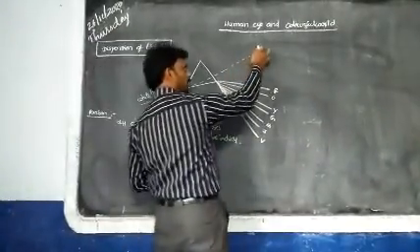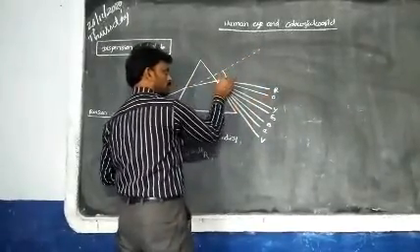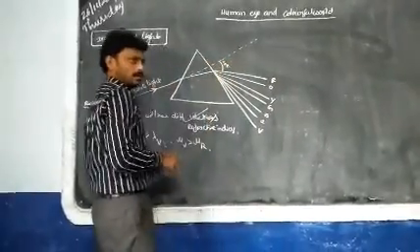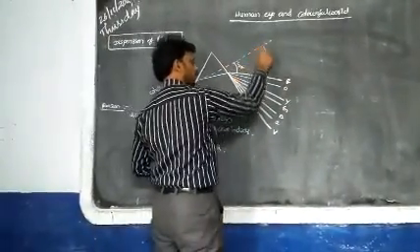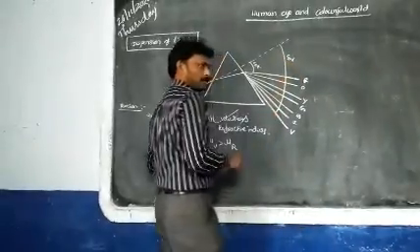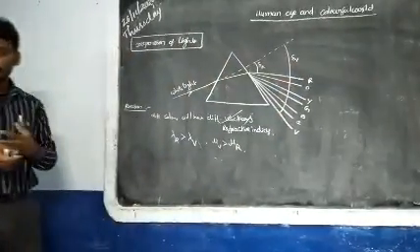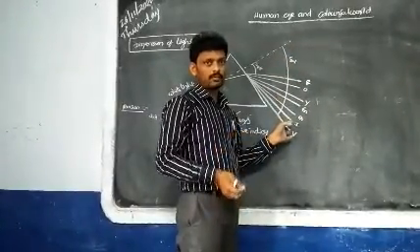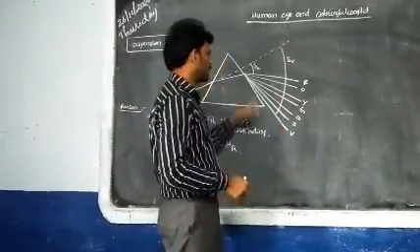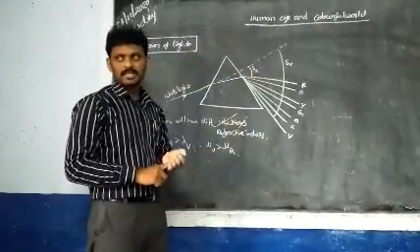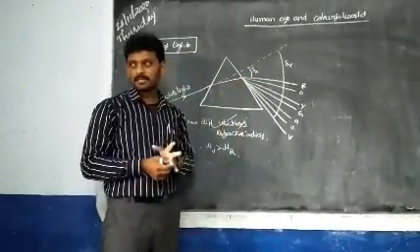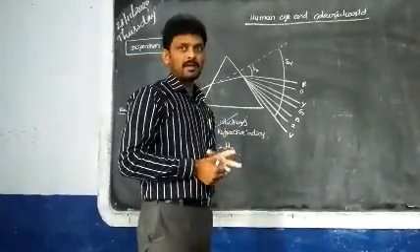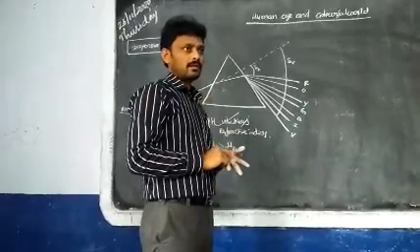Next. This is the original path of light. This is the new path of light. Between these two there is some angle. What is this angle? Angle of deviation. This one is for red color. This is called the angle of deviation for violet color. Now tell me, which color deviates more? Important sentences: violet deviates more. Which color deviates less? Deviation of red color is less. I will tell you one more topic, the scattering phenomenon, at that time also. Okay na?